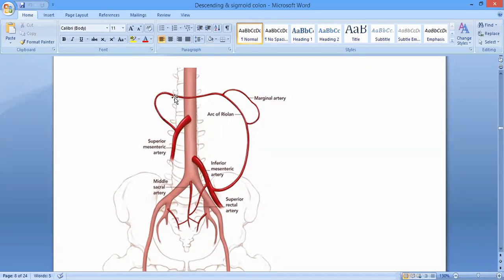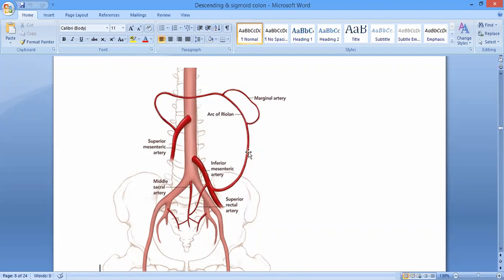It is also called the arterial anastomosis, Haller's anastomosis. It is also named the meandering mesenteric artery. Right? So, the arc of Riolan. So these two,